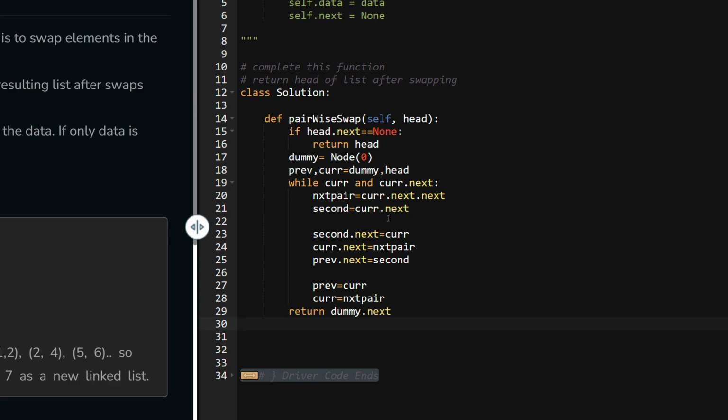And second, you can see current.next. What is current here? Current is head. So head.next is the next element, or you can say the second element. Next pair is the third element. Two addresses ahead means it is pointing to the third element. Then current.next is pointing one element ahead, that will be the second element. This is storing the second element value. And second.next